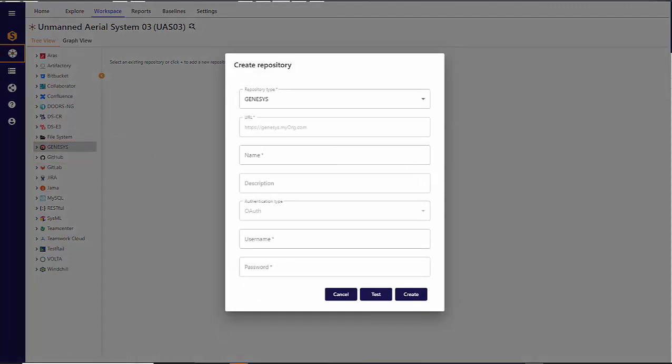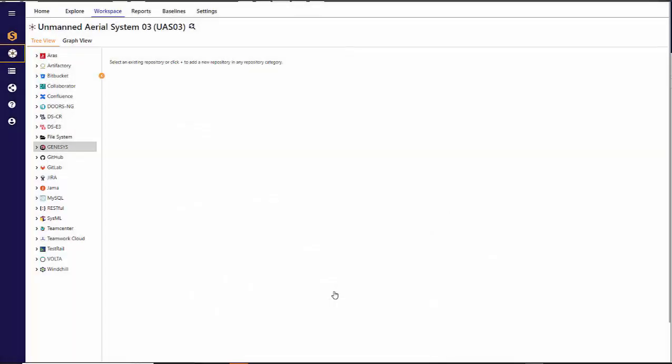The Create Repository window requires the user to enter the URL for the GENESYS repository. Then, enter the name to appear in the left column menu, a description, and your username and password for your GENESYS account. Consult with your GENESYS admin for the right values. In our case, we are already linked to an existing repository named